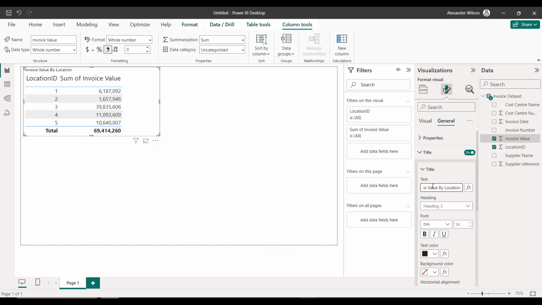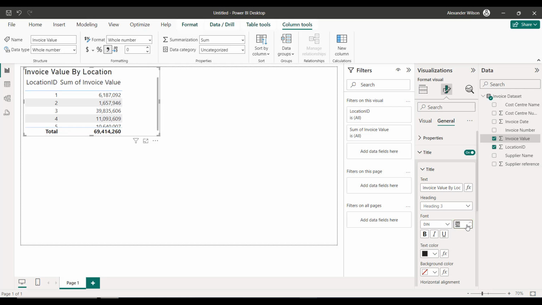Just because it's a title, I'll also underline it. That's pretty much one visual done. I'm just going to make the visual look a little bit neater. Now we can see all the rows. And now we got rid of the space we don't need.